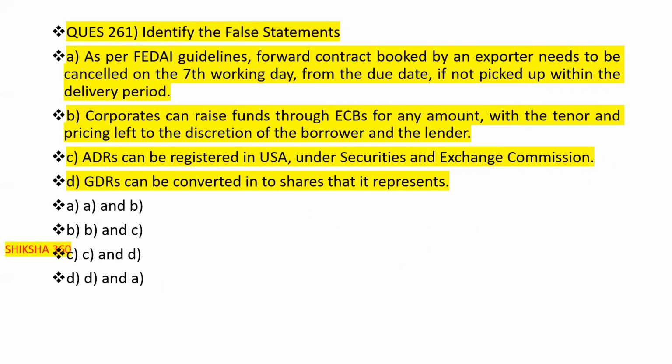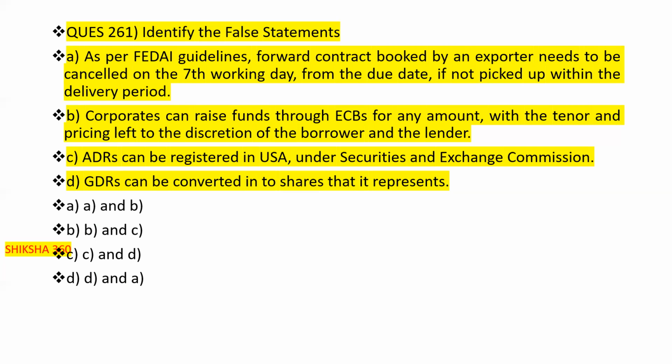Tricky question. We have to cover all these points one by one so that we are able to move towards the correct answer. Clear? So as per the FEDAI guidelines, we have to find the false statements. As per the FEDAI guidelines, a forward contract booked by an exporter